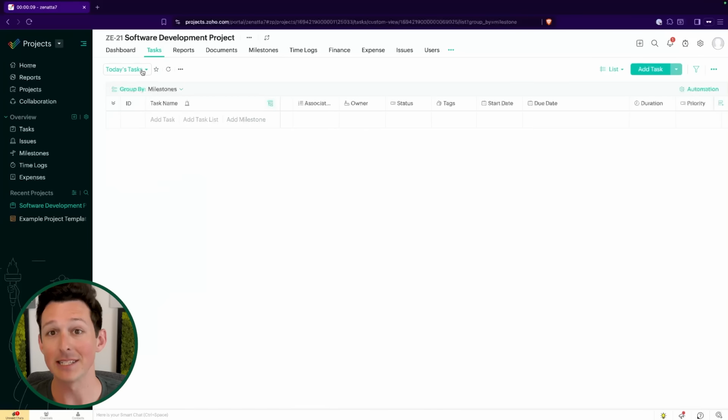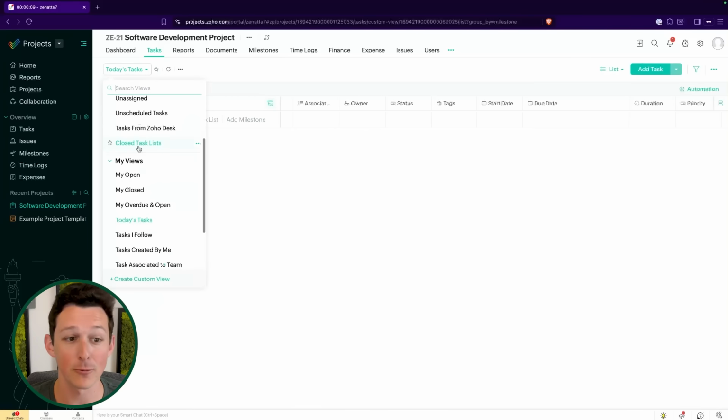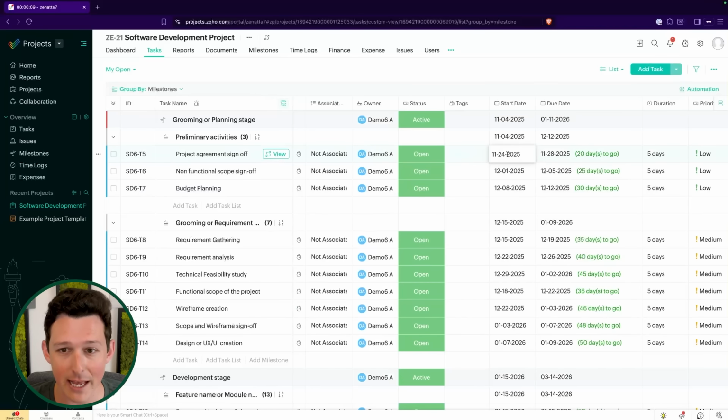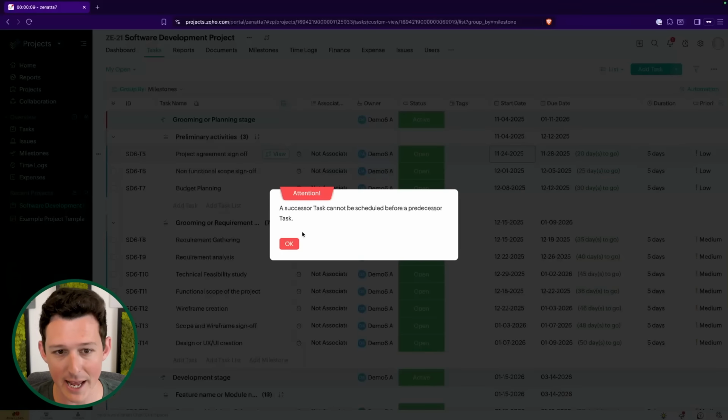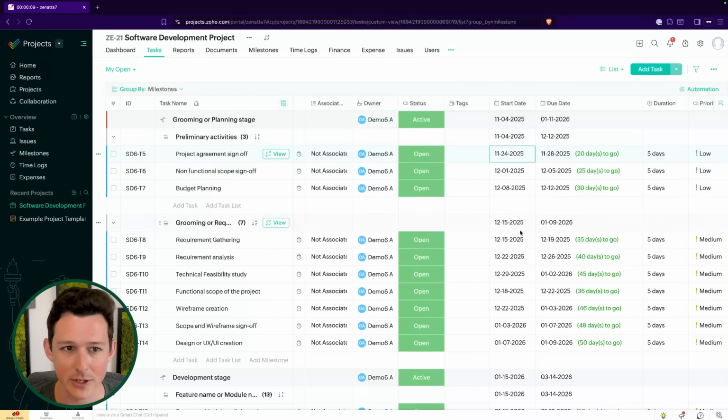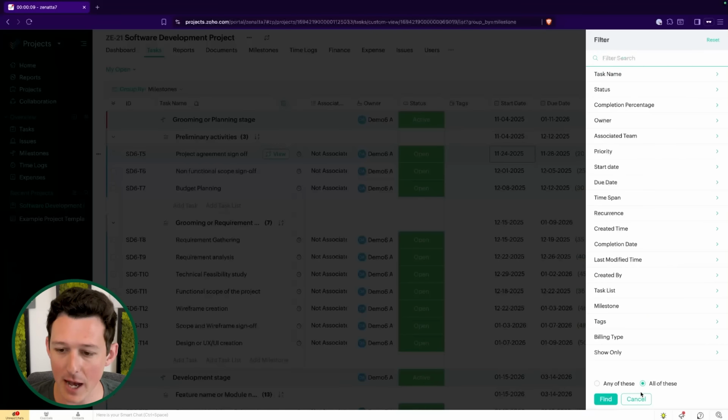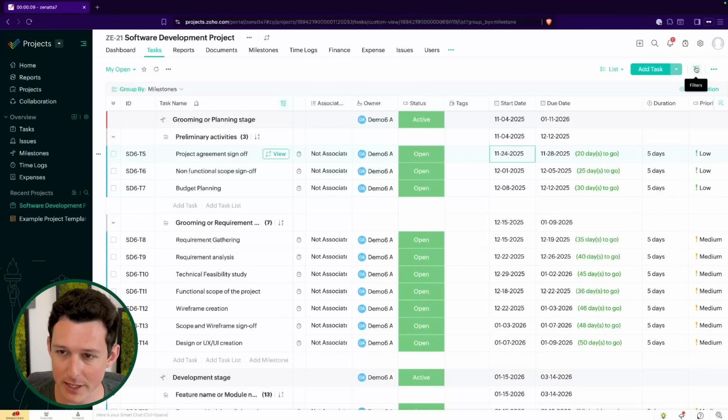So I might go to today's tasks, right? And now we see, okay, well, nothing's in there because nothing's really due today. But if I were to move this to today, it looks like we have our predecessor, then things will start to show up. Last thing I'll show you up here in the top right, this sneaky little filter thing here